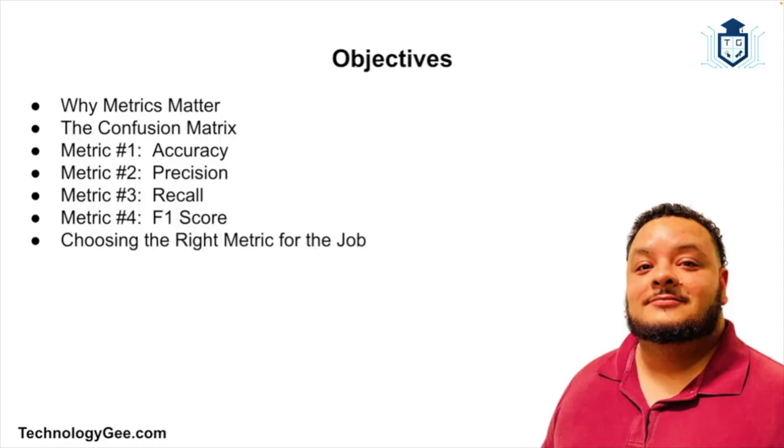Evaluating an AI model isn't as simple as checking a single score. To really understand how well a model is doing and where it might be failing, you need to dig deeper into a few key metrics such as accuracy, precision, recall, the F1 score, and the confusion matrix. So in this video, I'm going to unpack each of these metrics in plain English. You don't need any type of mathematics degree to understand this. This is just going to be real talk with relatable examples. So let's go ahead and get into it.